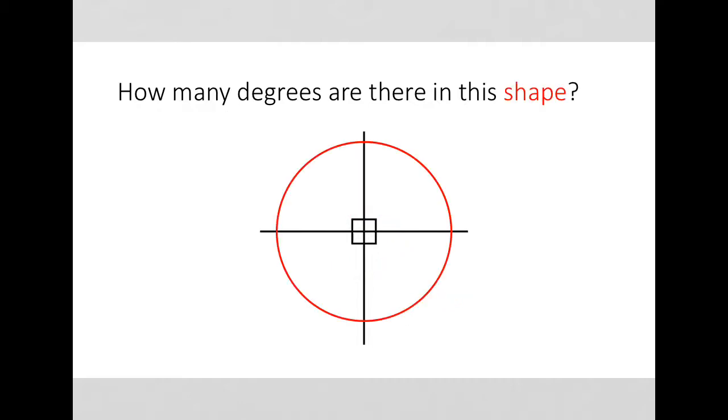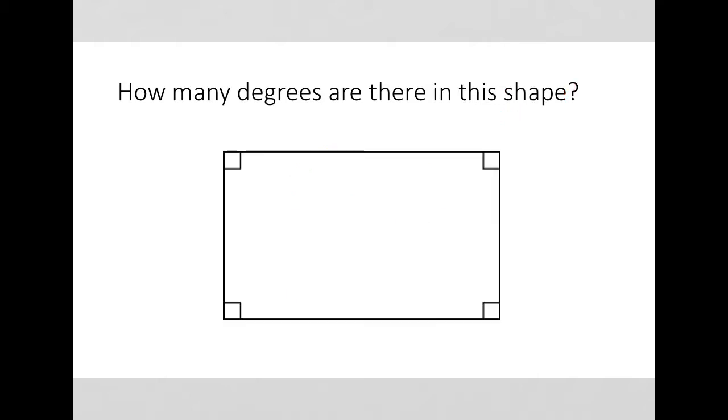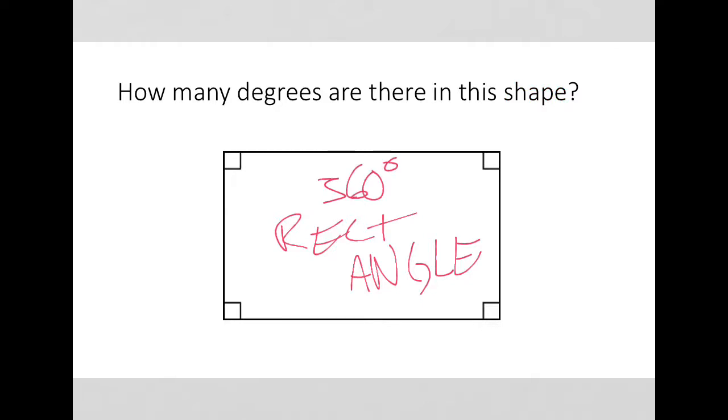It's gross. So then, how many degrees are there in this red shape? Well, this red shape is a circle, which is going to have 360 degrees of revolution. So again, seeing those four right angles in there, making up that circle. And so now let's think about this shape, which is a rectangle. But it's four right angles, so this also is going to have 360 degrees for its